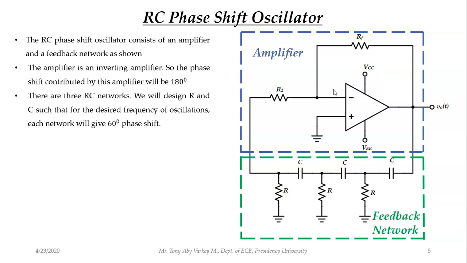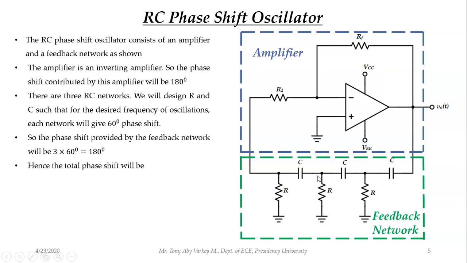Correct. So now in the feedback network, I am going to use three RC networks, each giving 60 degree phase shift. So what will happen? 60 degree plus 60 degree plus 60 degree. So what is the phase shift provided by the feedback network? It will be 180 degree. Right. So now the total shift will be what? 180 degree provided by the amplifier plus 180 degree provided by the feedback network, which is 360 degree,